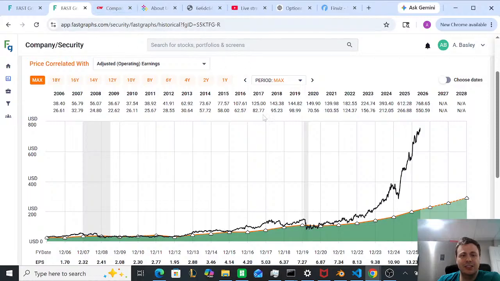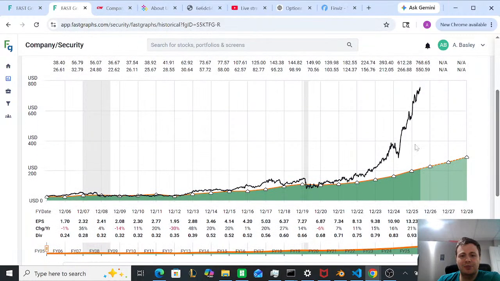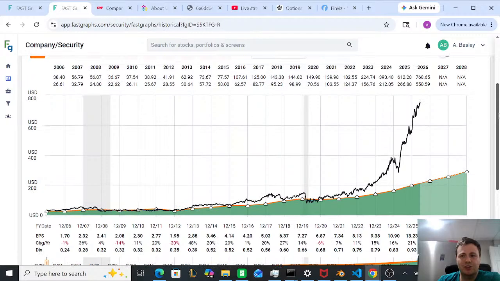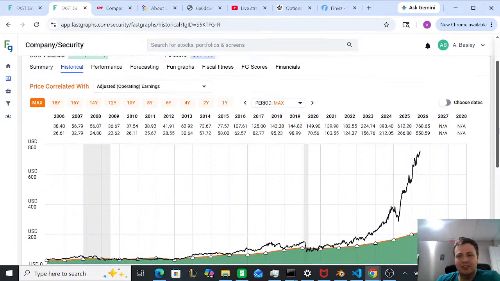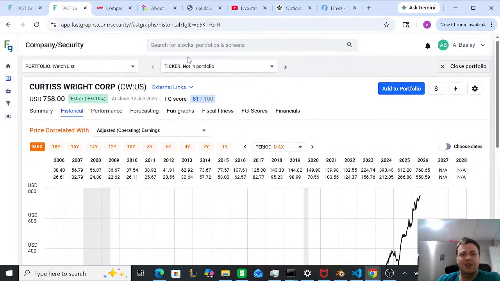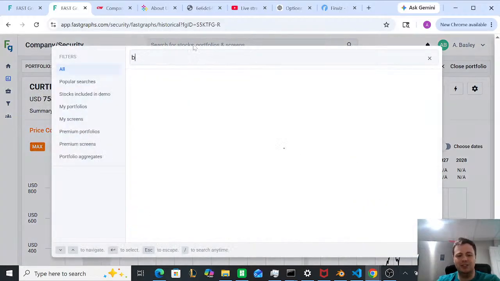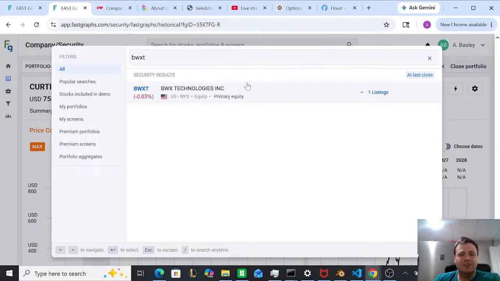With that being said, that was an example of something I wanted to show. And we saw, like with Charter and NRG, when these lines get way out of proportion, then they eventually do come back to meet the earnings. It might take a while. Another company in a similar vein is